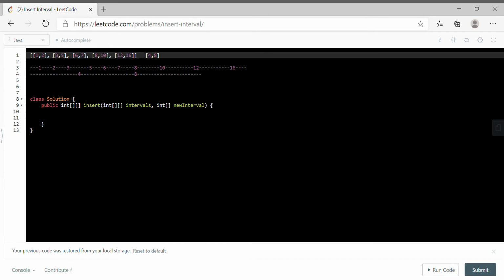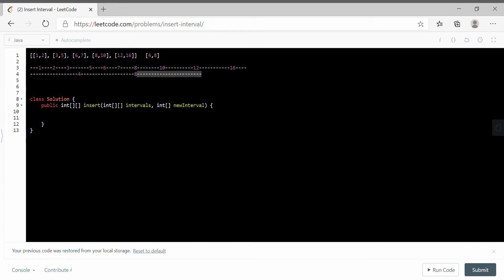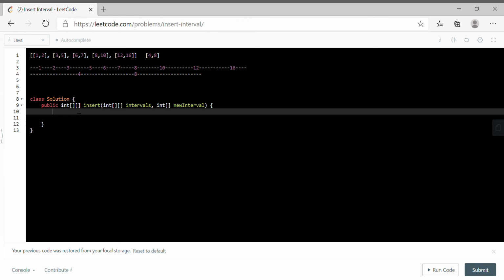So every time we have to maintain one start value and one end value, right? For the 3 to 5 interval, when we compare with 4, 3 is the minimum, so start will be 3, and for 5 and 8, when we compare, 8 is the maximum, so 3 to 8. Okay, we'll see it with the implementation. It will become easy, right?